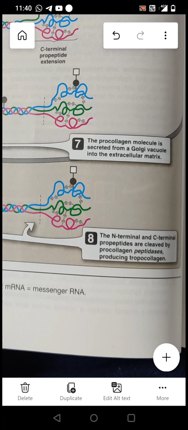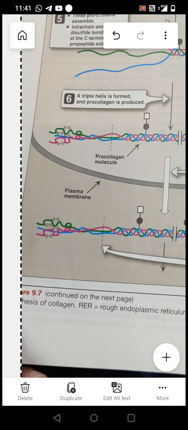After hydroxylation and glycosylation, three pro-alpha chains form procollagen, a precursor of collagen that has a central region of the triple helix flanked by a non-helical N-terminal on one side. Here you have a non-helical side, which is not very helical. There are some disulfide bonds, but not too many. So that is called the N-terminal. And the C-terminal,